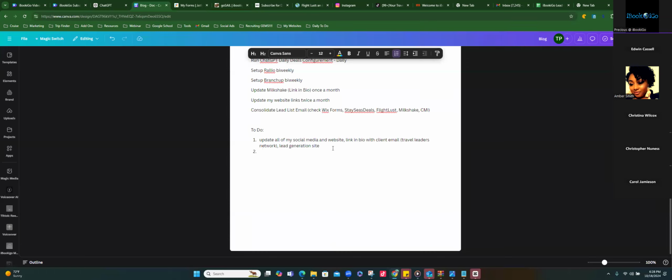So my next to-do is Zaps. I need a CMI Zap. I need a milkshake Zap. I don't really know if I need a milkshake Zap, but I need a Google Sheets app, so it moves leads from one to the other for milkshake leads. And then for Zaps, these are basically just webhooks, I also need to make sure that